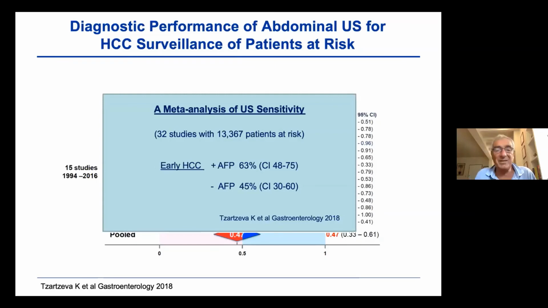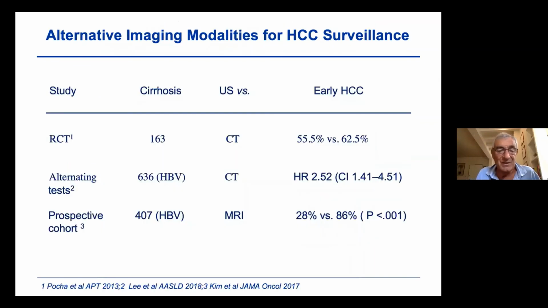But the crucial point in my personal opinion, of course, is that if you look at this meta-analysis, you realize that the ability of ultrasound to detect early cancer is overall at the best 45% and raises to 62% when accompanied with alpha-fetoprotein. So rather than insisting in stratifying patients with chronic hepatitis B, we should look at better modalities to identify small cancer. And these better modalities could be, like this slide tells you, alternating tests that are more sensitive, like computed